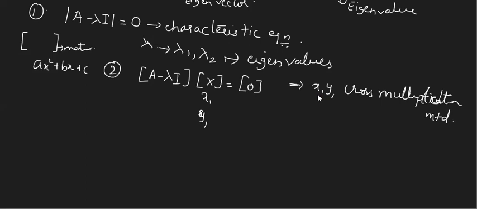Okay, one more thing. Suppose you are expanding a determinant of order 2, you can do it very easily. But if you are doing it for order 3, you follow one step while finding the characteristic equation. When you expand it, you follow one way, that is lambda cube minus summation of d into lambda square plus summation of md into lambda minus determinant of A.